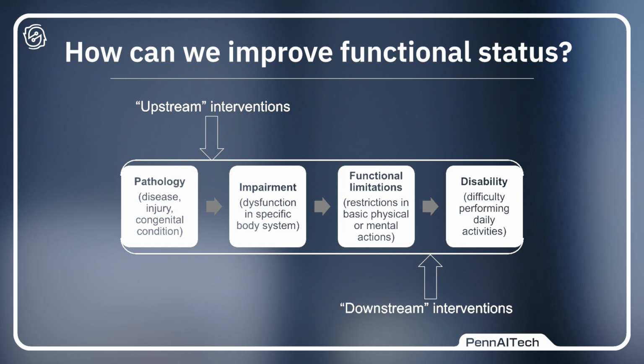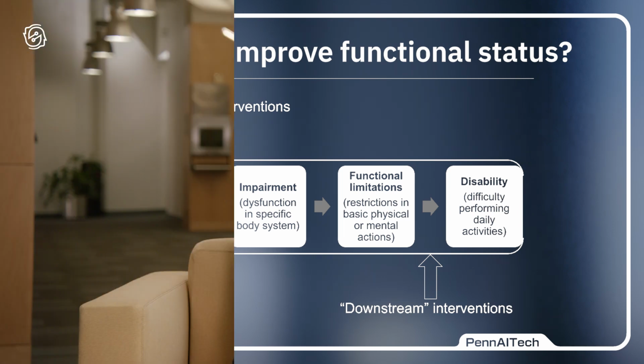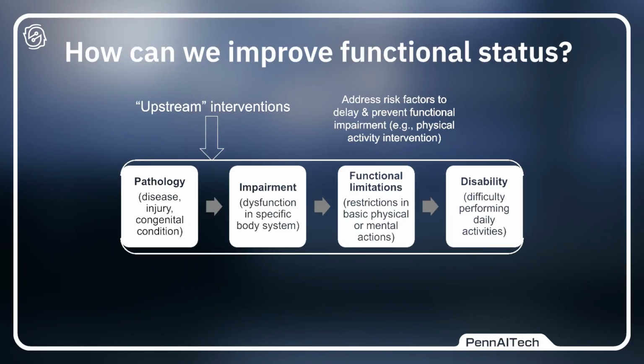And finally, we'll discuss how we can improve functional status. We'll take kind of a 30,000-foot view of this, discussing both upstream interventions as well as downstream interventions to improve function. So what I mean by upstream interventions are interventions to address risk factors that can then prevent or delay the onset of functional impairment by addressing some of those risk factors that occur earlier in the life course